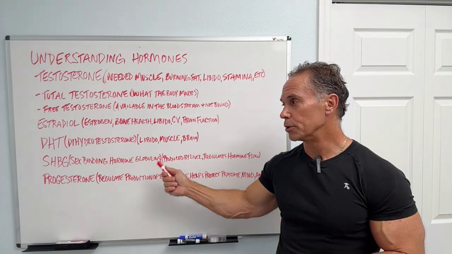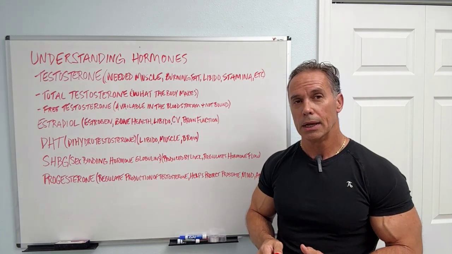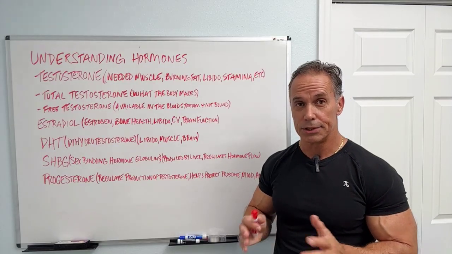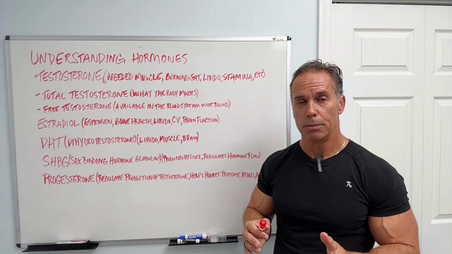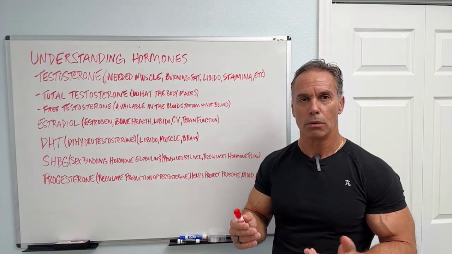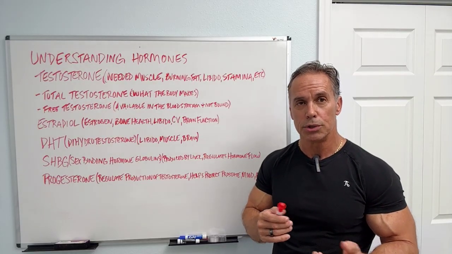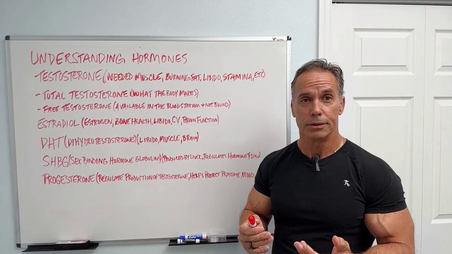So if you get too much body fat, it can affect your sex hormone binding globulin. It's going to drop down, and that can be a problem in the sense that it causes your estrogen to go up faster. So as you can tell, there are a lot of mechanics involved with understanding hormones. But the better you understand it, and you read your labs, then you're going to say, oh, okay, so I'm pretty good here, I'm good here, I need to work on this. And that's the beauty, because once you get them balanced out, and we can keep it that way, you're bulletproof. I mean, in that regard.